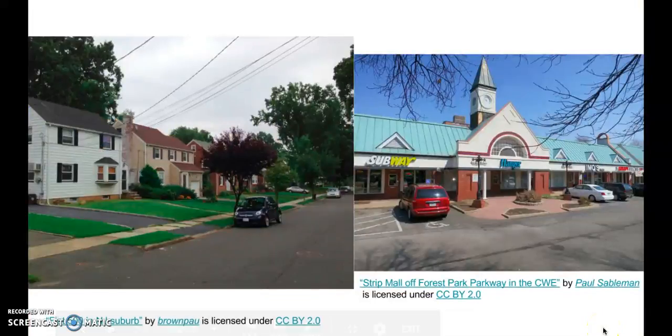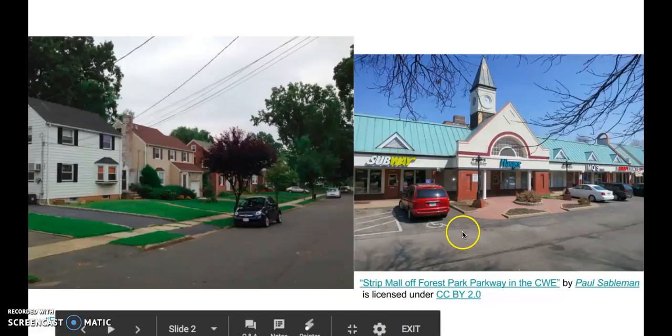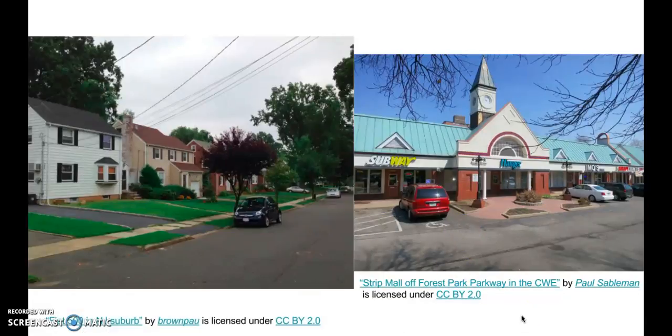Okay, what we are looking at here is a suburban community. A suburb is usually a community that is used for residential, which is where people live, which you can kind of see here. Houses, tree-lined streets, green grass, as well as areas that have strip malls, places to shop, shopping centers that include supermarkets and your local fast food chains and places to shop and eat. This is what it means to live in a suburban neighborhood.